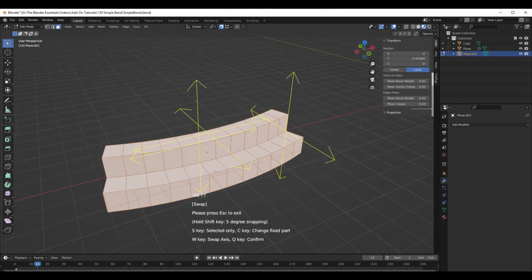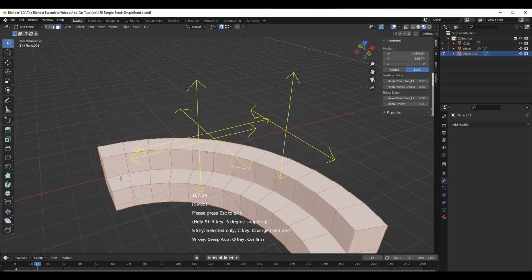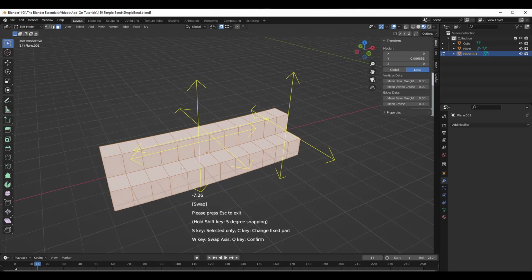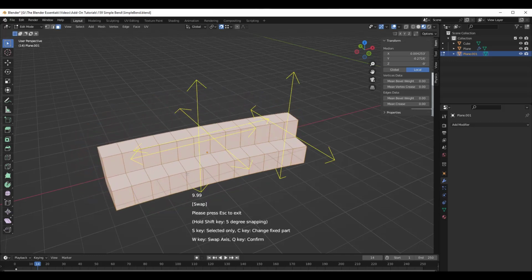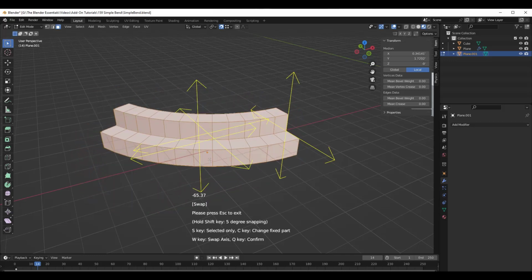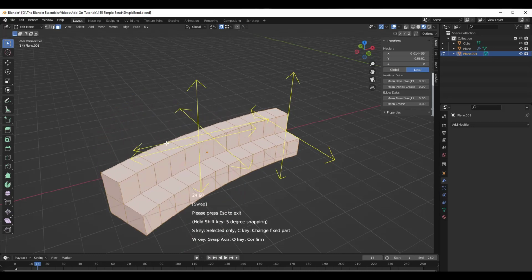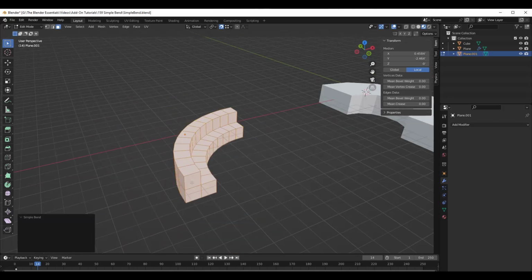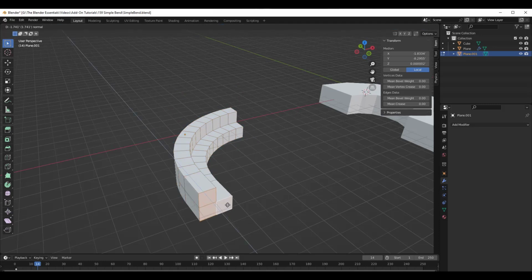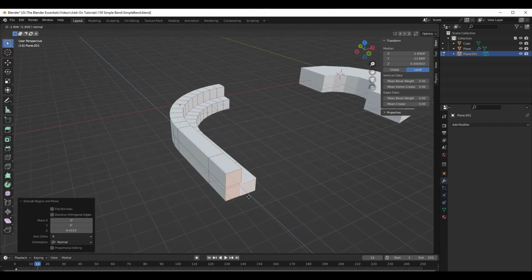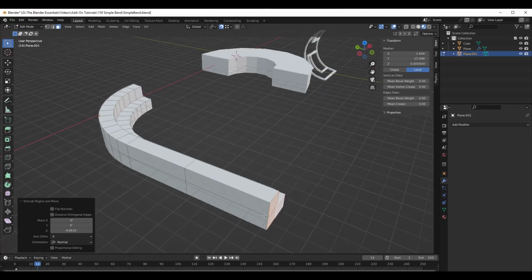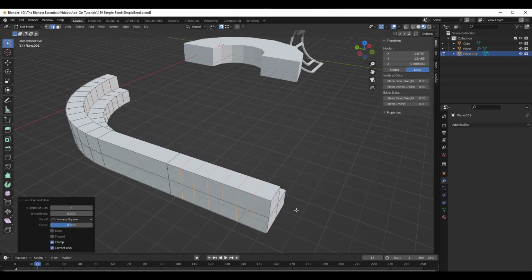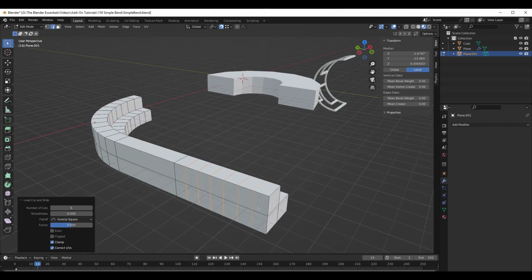And so one cool thing about this is you can tap the C key in order to change which part of this object is fixed. So you can set this where you can bend it around the middle, or you can set it where one end is fixed and then the object is going to bend the other direction. And so another cool thing about this, I'm going to tap the Q key real quick, is I can take this and extrude it. Then I can extrude it again, and I can subdivide this right here, this, and then